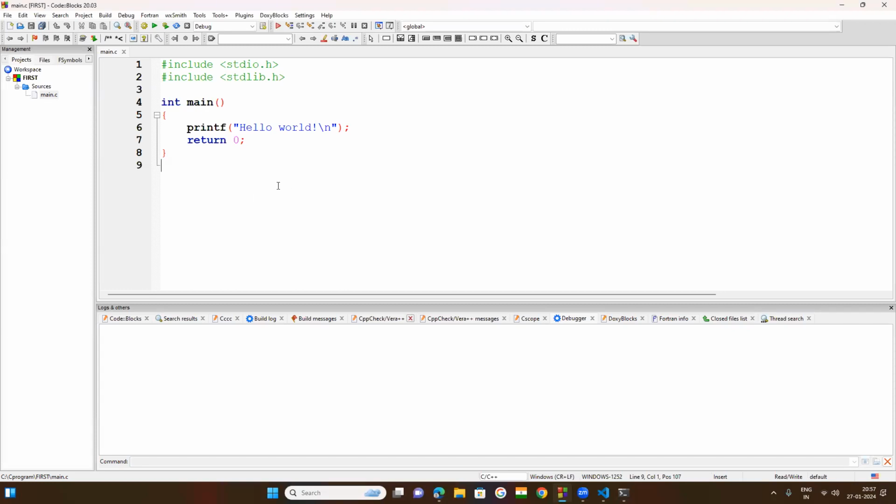As I told you, an IDE, integrated development environment, is used to write the code, edit the code, compile the code, and finally execute the code. Many IDEs are available for C: Code Blocks, Eclipse, Visual Studio Code. As I told you, I am using Code Blocks here. Okay. Next,